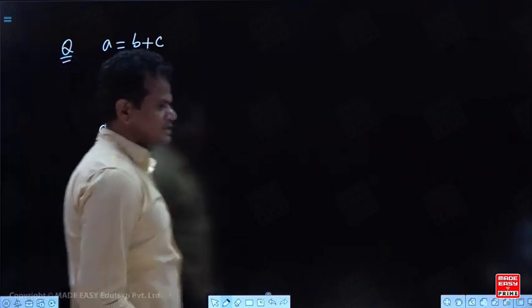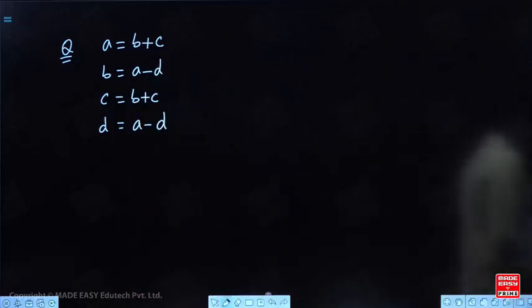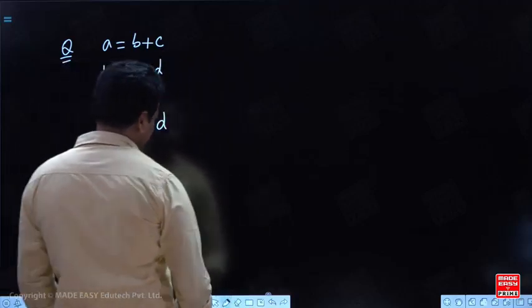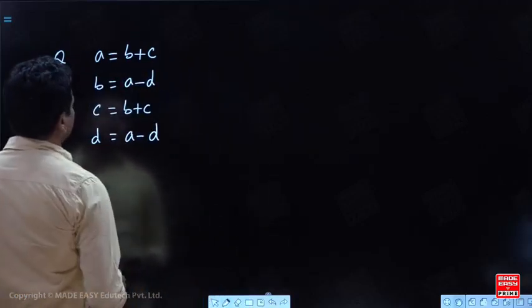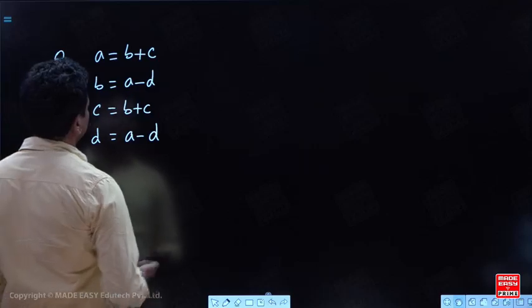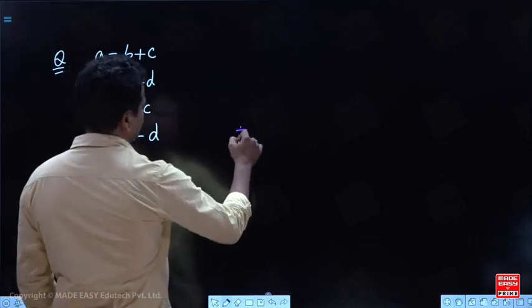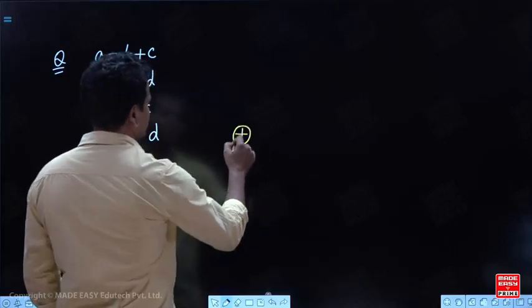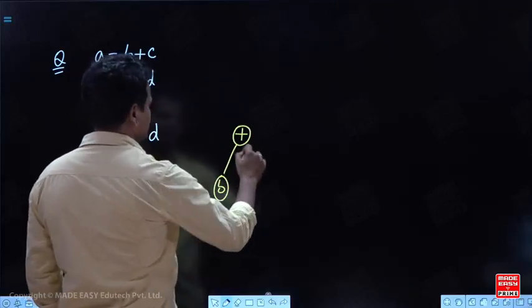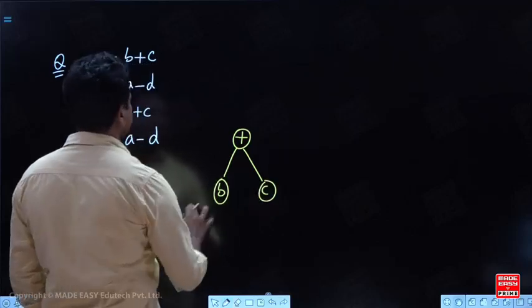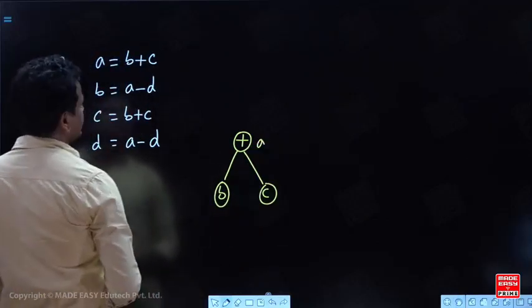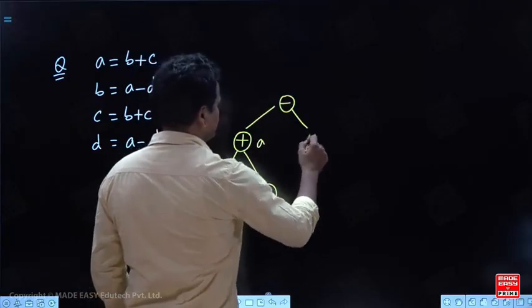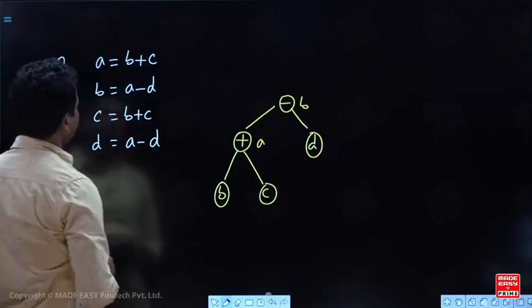So D equal to A minus D. What is the answer here? I'll go top down for this. B plus C is A, then A minus D is B, yes or no?